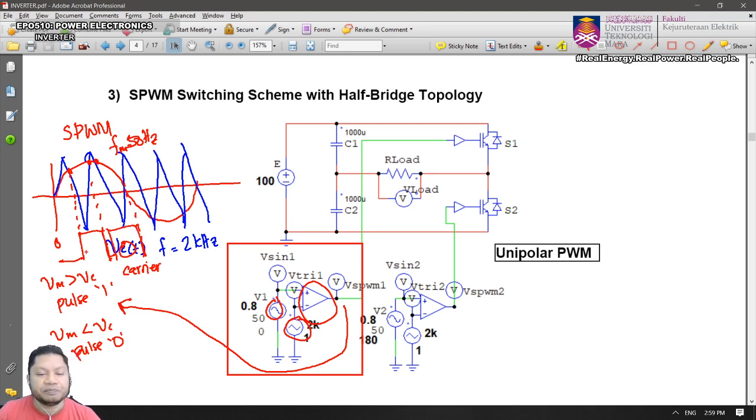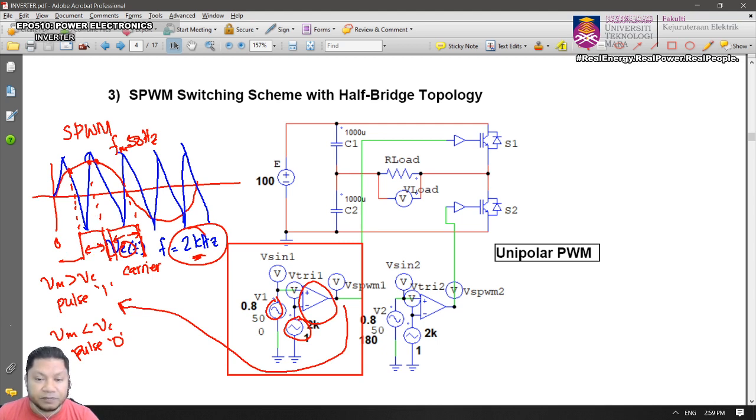So it will have the same switching frequency, but the pulse will be different. The duration of the pulse will be different from one cycle to another. The frequency is still 2 kHz. The frequency of the modulated signal will be 2 kHz, but the signal is no longer